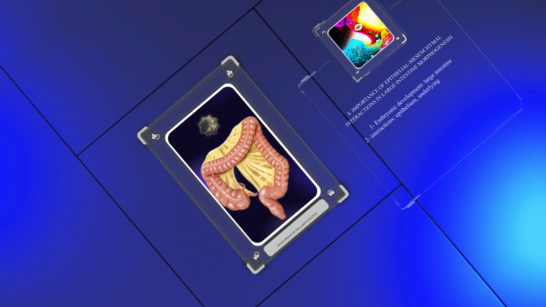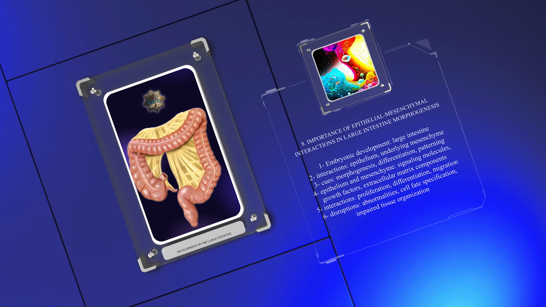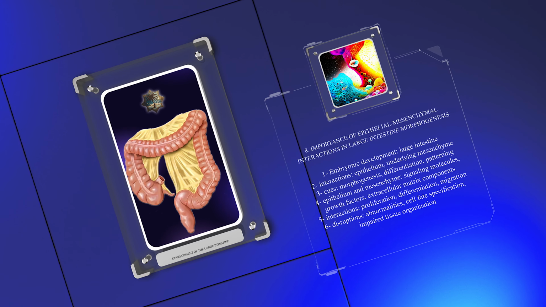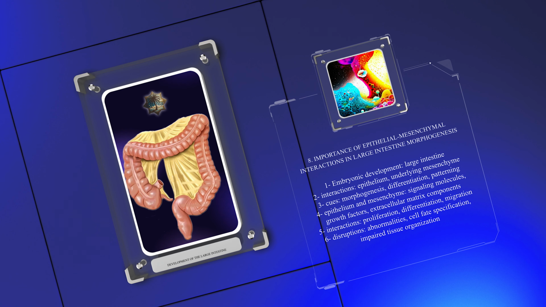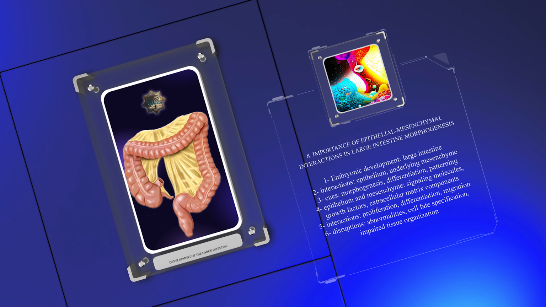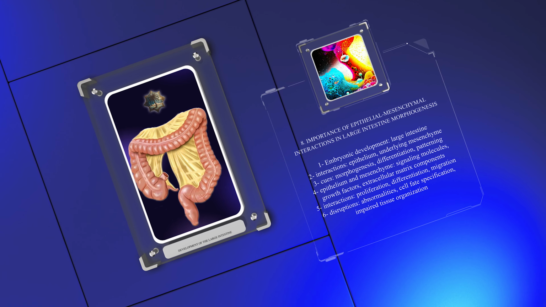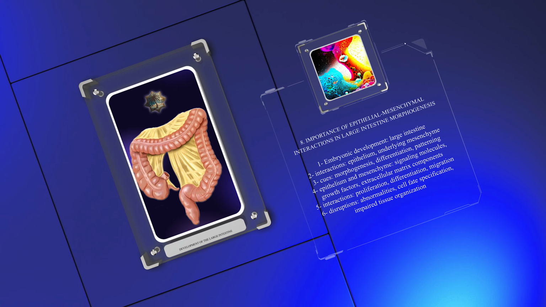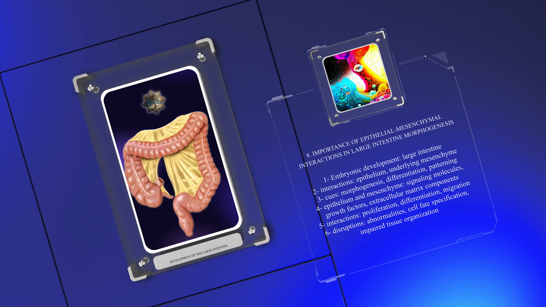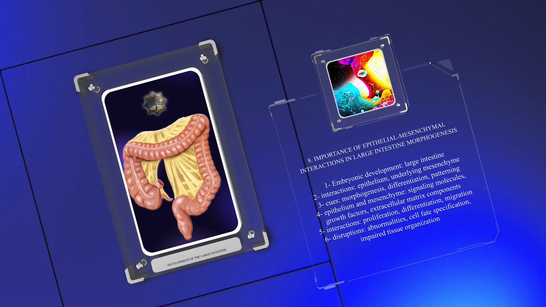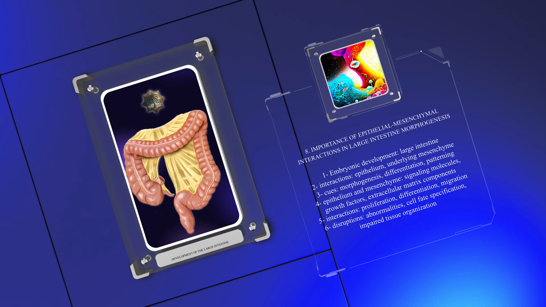Embryonic development of the large intestine involves intricate interactions between the epithelium and underlying mesenchyme. These interactions are crucial for providing the necessary cues for the correct morphogenesis, differentiation, and patterning of the large intestine. The epithelium and mesenchyme communicate through various signaling molecules, growth factors, and extracellular matrix components. The reciprocal interactions between these two tissue types orchestrate the proliferation, differentiation, and migration of cells within the large intestine. Disruptions in these interactions can lead to abnormalities in large intestine development, such as altered cell fate specification or impaired